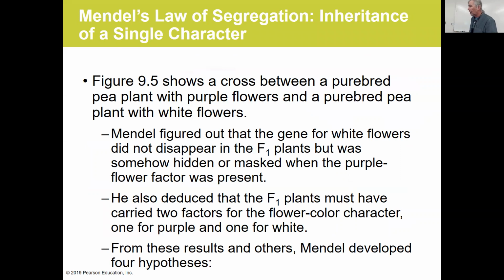Okay, so figure 9.5 shows a cross between a purebred pea plant with purple flowers and a purebred pea plant with white flowers. Now, we've been to figure out that the gene for white flowers, well, like I say, he didn't use the term gene, that the heritable factor for white flowers did not disappear in the F1 plants, but was somehow hidden or masked. Well, they're getting ahead of themselves here. You find out that